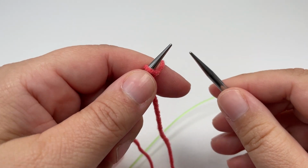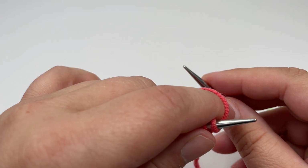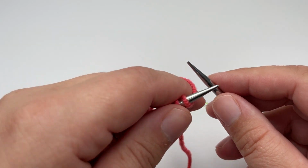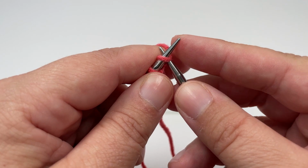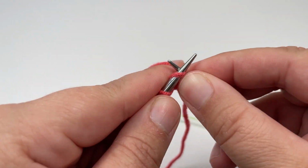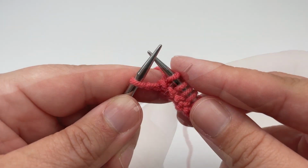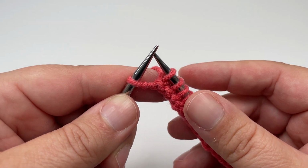The first part of the blanket that we want to knit is the bottom garter stitch edging, and for this bottom garter stitch edging you are going to knit 16 rows in exactly the same way. So you start by knitting every single stitch until you have 1 stitch left on your left hand needle to work. So just knit all the way across until you are left with just 1 stitch left to work. Instead of knitting this final stitch, we are going to slip it purlwise with the yarn in front,